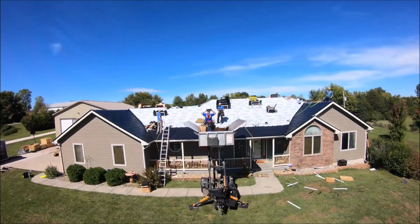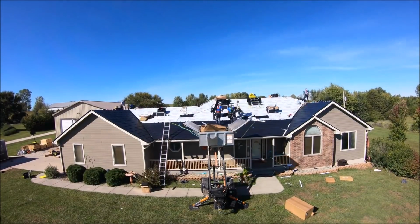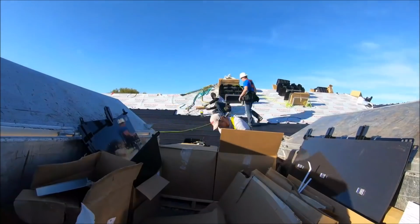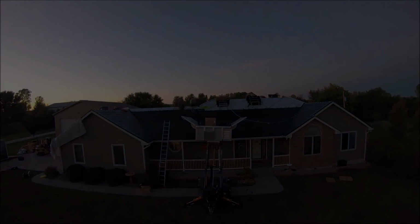So according to armconstruct.com, the estimated time for roof installations are as follows: wooden shingles 3 to 4 days, slate tiles and shingles 6 to 7 days, asphalt shingles 1 to 2 days, and concrete tiles and shingles 8